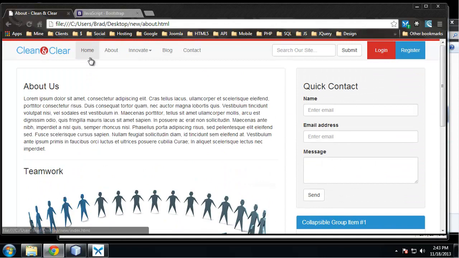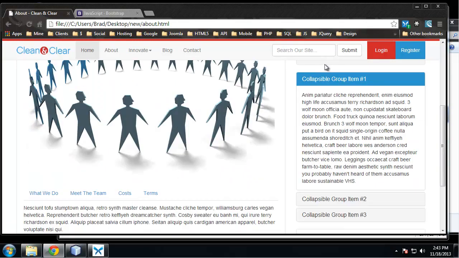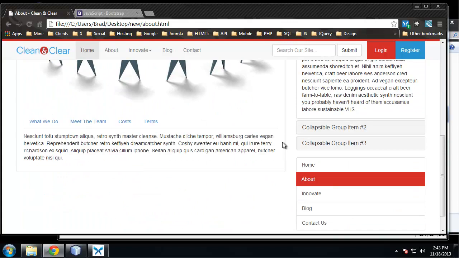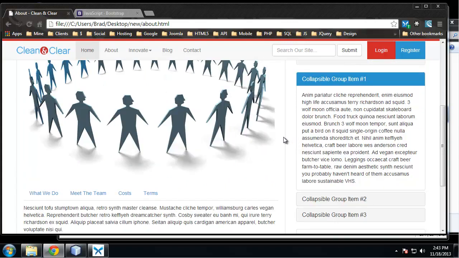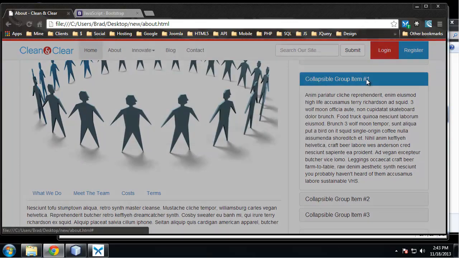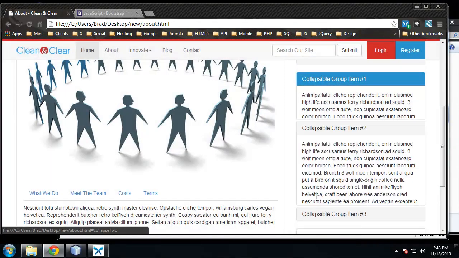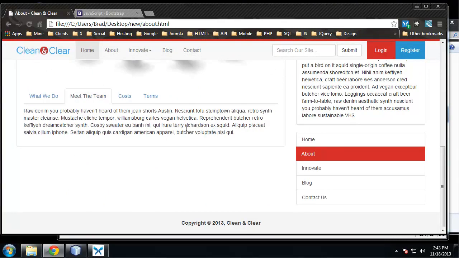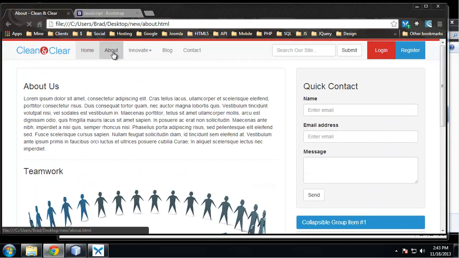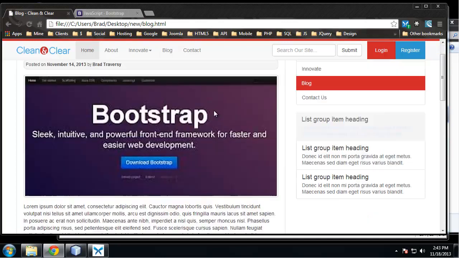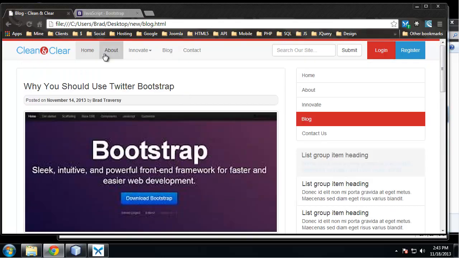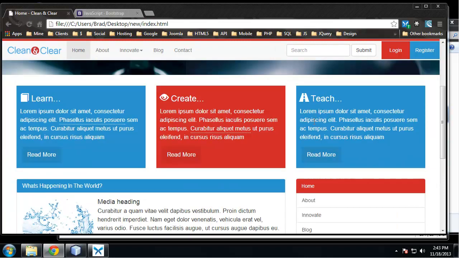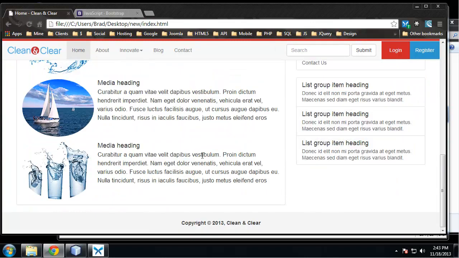So, unfortunately, I'm on this very low resolution and we can't see the whole page, but it's looking really good. We have all kinds of functionality here. We have our modal, our collapsible menus or accordions, a list group, tabs. So we get a lot going on with a minimal amount of code, and well, at least a minimal amount of work. A lot of this was just copying and pasting, so it's really coming together. Well, it has come together. So this is basically the final